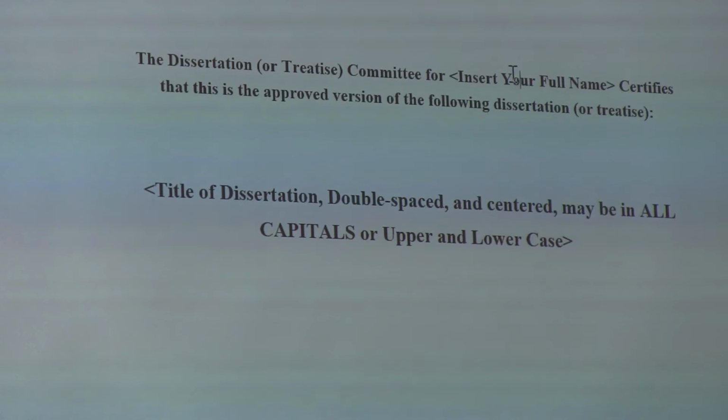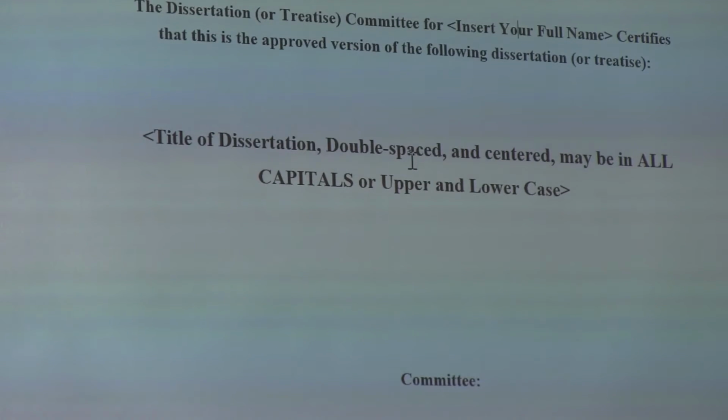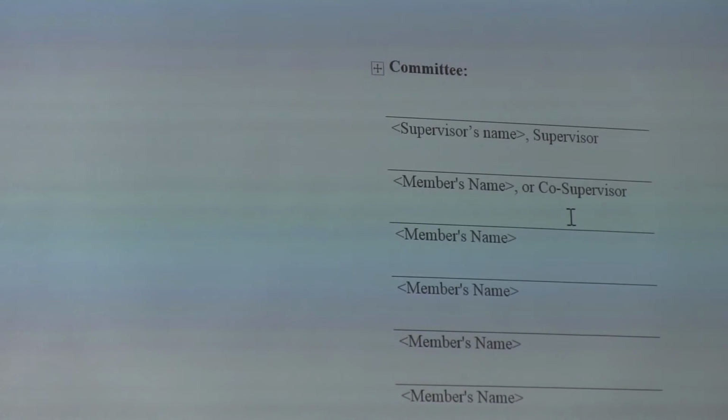Your full official name again is on this page. The title of your dissertation, whatever you call it. And then all your committee members. The supervisor's name always comes first. If you have a co-supervisor, they would come next. And then the other members can be in any order. The name will be underneath the line and then they sign on top of the line. Some people have two co-supervisors instead of a supervisor and a co-supervisor. In that case, either one can come first.